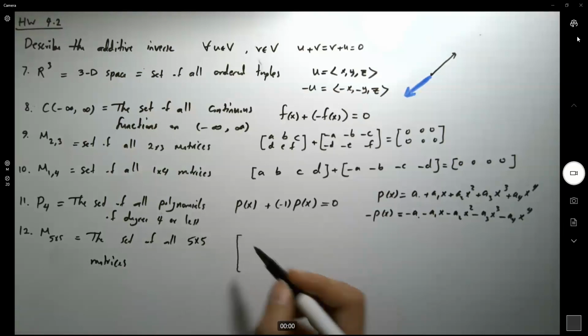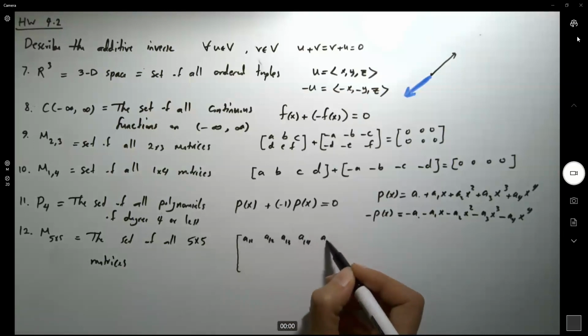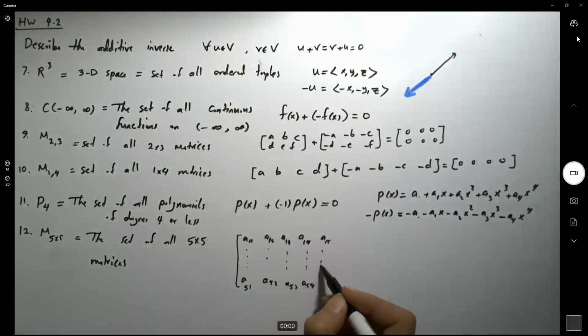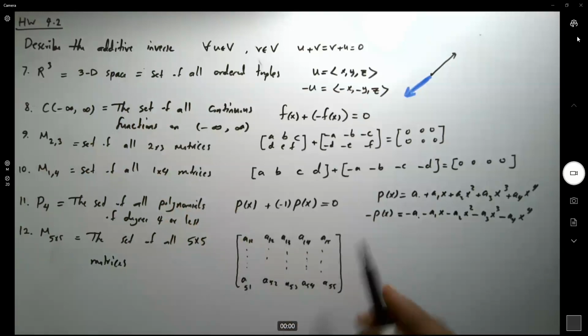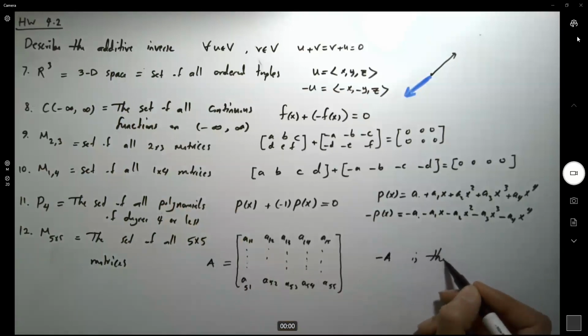So basically you have, for example, A11, A12, A13, A14, A15, and the same as you saw before, A51, A52, A53, A54, and A55. So if you have a 5 by 5 matrix like this, its additive inverse is going to be the opposite, which means that you're multiplying every element by a negative sign. So if this is matrix A, minus A is the additive